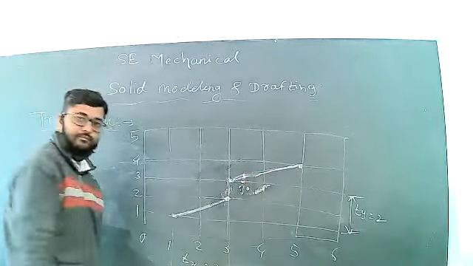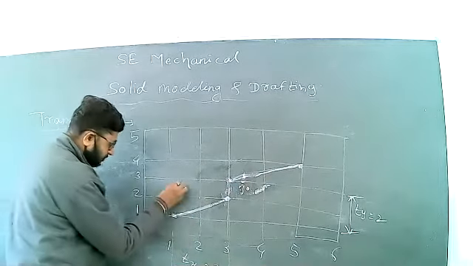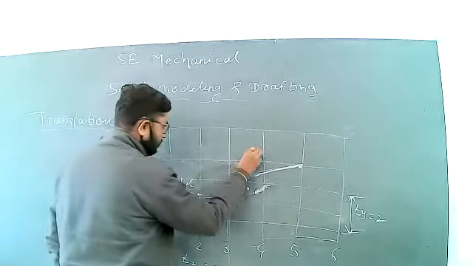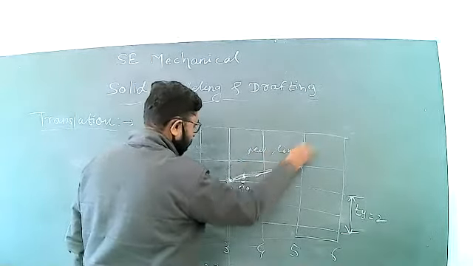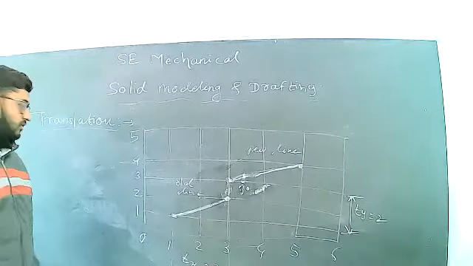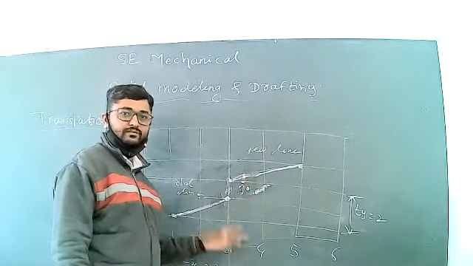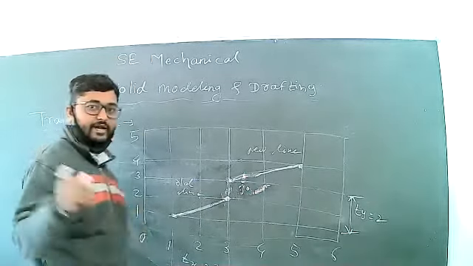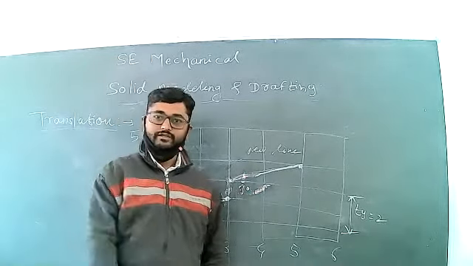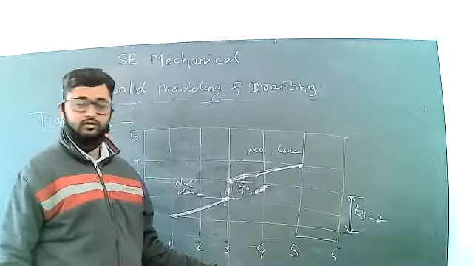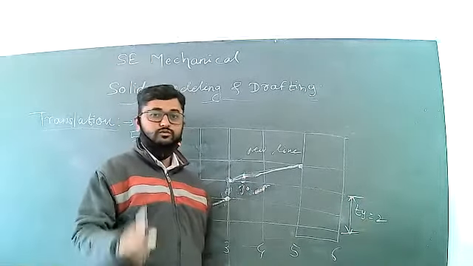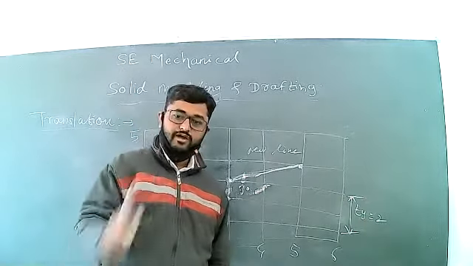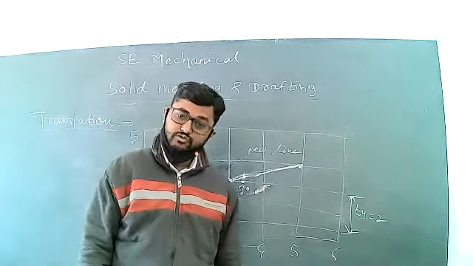This line is exactly parallel to the old one. Suppose this is the old line and this is the new line. By transforming from old to new, the distance remains constant, along the x direction and along the y direction. That is translation. Dx is equal to 2 and dy is equal to 2. These two directions are always the same or constant. That is called translation.